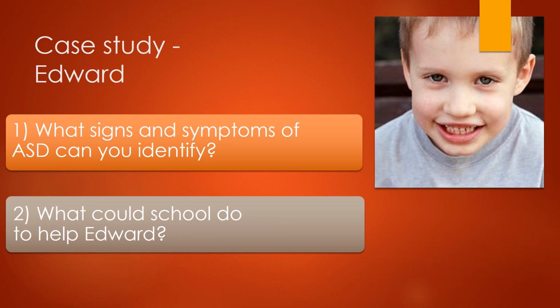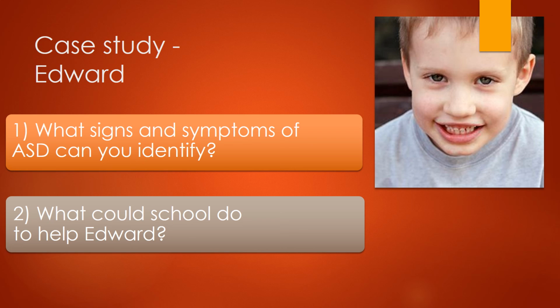He doesn't have very many friends at school, and the children in school find it difficult to play with him because he always likes to play by his rules. Edward can often get into trouble for being rude to other children and staff in school. For example, he will make comments about people's weight and appearance. The teachers are finding it hard to get Edward to engage in schoolwork because he doesn't seem interested and instead will bring conversations back to trains.